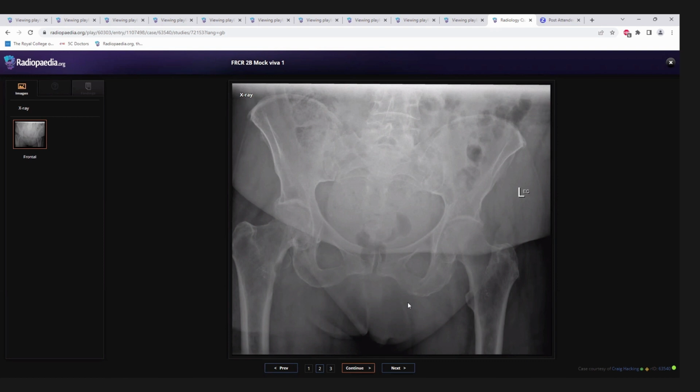Lesser trochanteric fracture in an adult is pathological until proven otherwise by literature. And because it's lytic, my top differentials would be breast, bronchus, renal, thyroid. I would recommend, because we recommend there in UK, here we have to